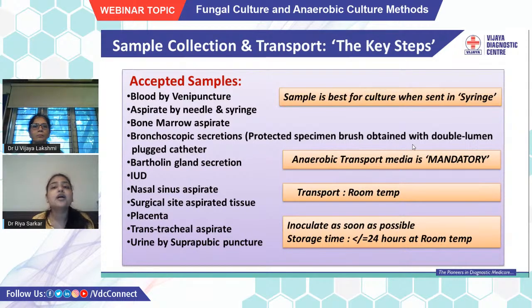A sample for culture is best when collected in a syringe and sent in a syringe. Second, anaerobic transport media should always be used for sending this particular sample. I repeat, anaerobic transport media is a mandatory thing. We never accept any sample for anaerobic culture if it is not sent in anaerobic transport media. The transportation should be as early as possible at room temperature. And once it reaches the lab, the inoculation should also be as early as possible, maximum storage time being 24